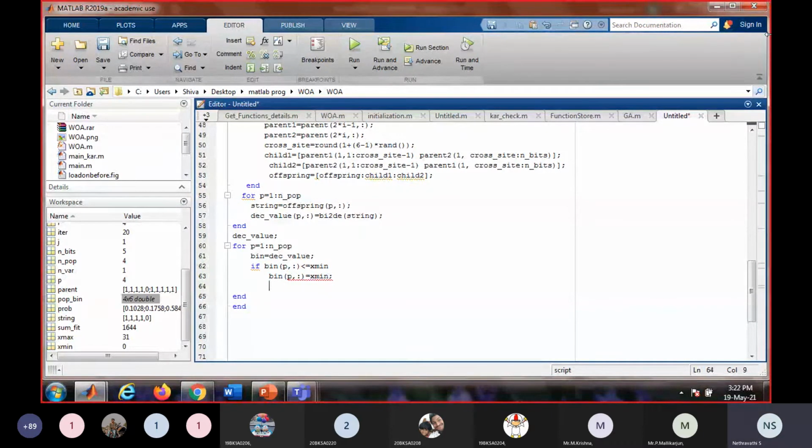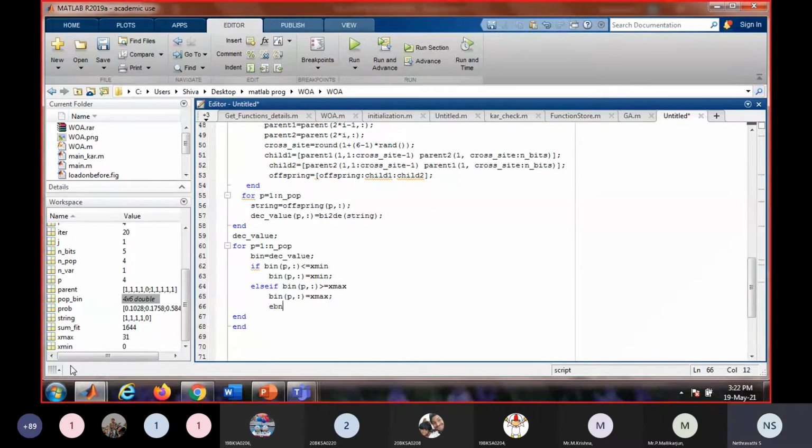And else, if any element of bin is greater than or equal to X max, then what we have to do? Round it off to the maximum value. Okay.